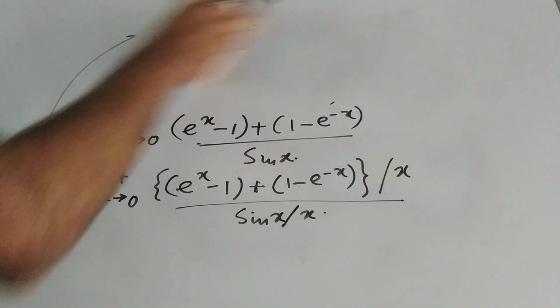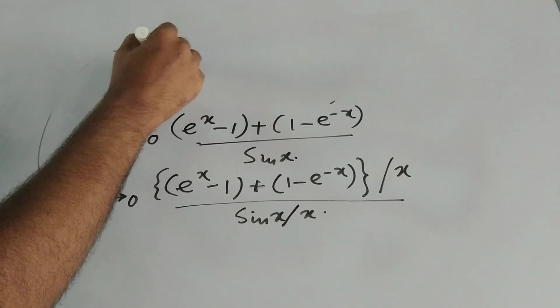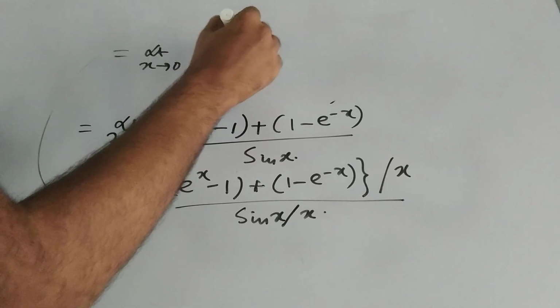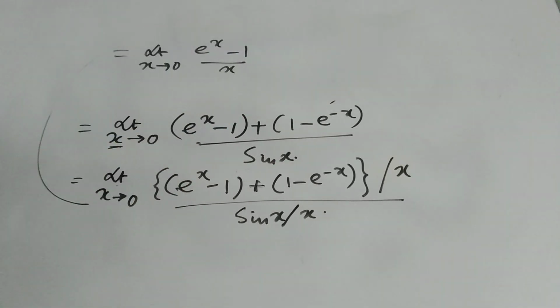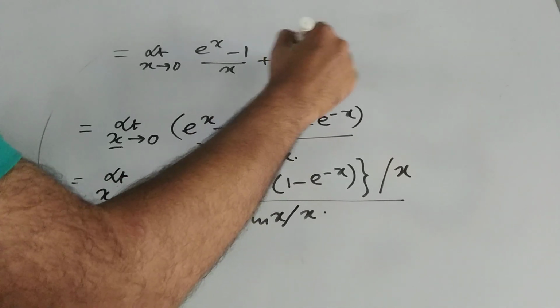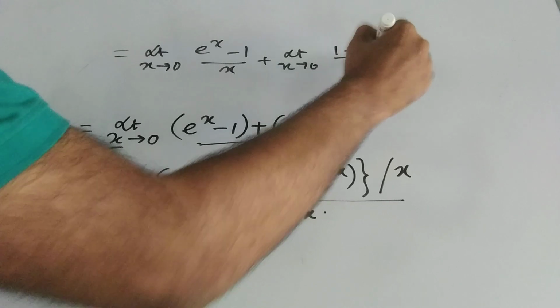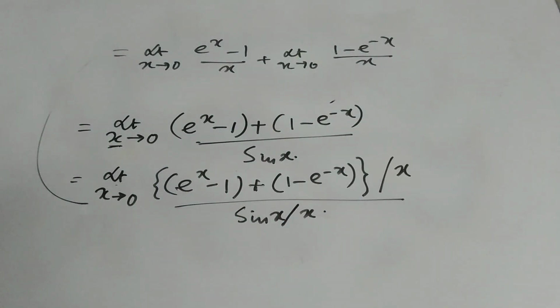Okay, so I can write it as limit x tends to 0, e to the power x minus 1 divided by x plus limit x tends to 0, 1 minus e to the power minus x divided by x, right,